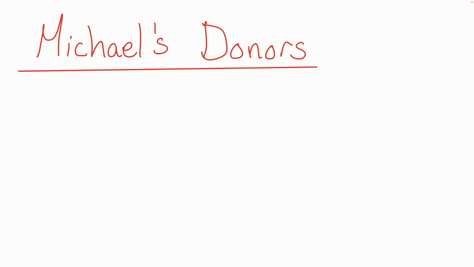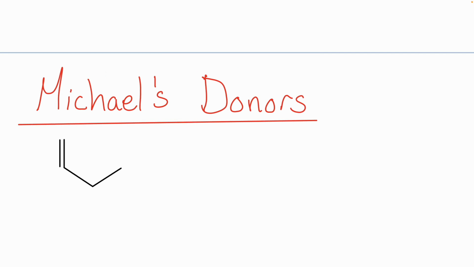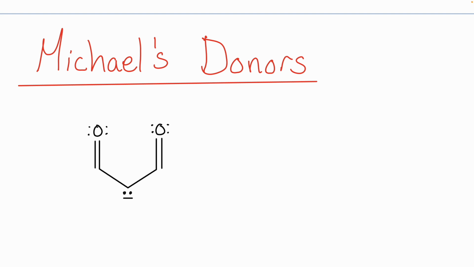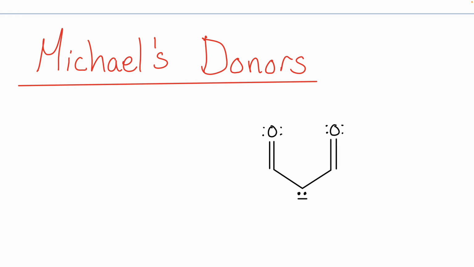All right, our Michael's donors, what we're going to see is a lot of enolate ions, right? A lot of deprotonated alpha carbons. But again, it's got to be nice and super stabilized, so it's actually going to be sandwiched between not one, but two of those electron withdrawing carbonyl groups. Right, so here's a good example. Our Michael's donors here are going to have this generic structure